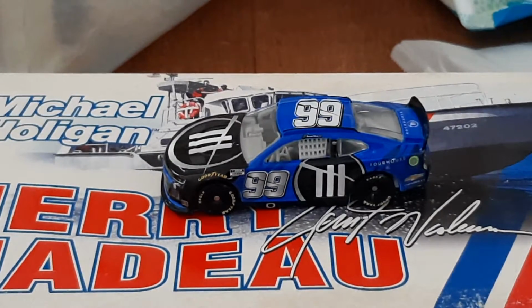You go into the season looking just for avoiding the sophomore slump for the team, that is, and for Suarez to continue to show strides, because going into this part of his career with Trackhouse, you have to make the argument that if he doesn't show some sort of success here, he could be done in Cup for a hot minute, maybe for a while, and may have to go back to one of the lower series. Well, here we are in 2022, 3 races to go until the playoffs, and Daniel Suarez has